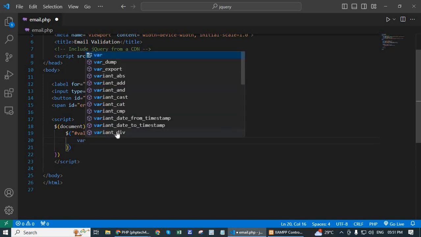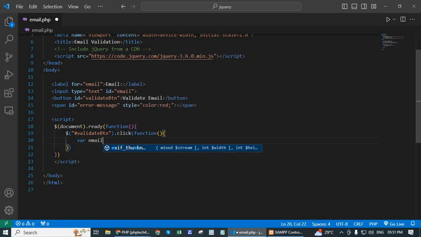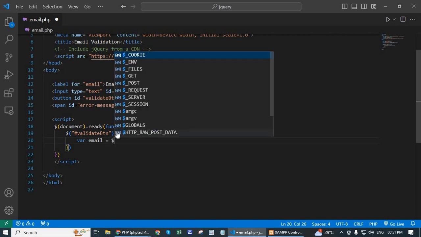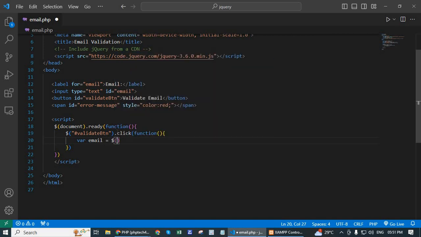Write one variable for email. $("#email") - the input ID is email, copy and paste here - .val();